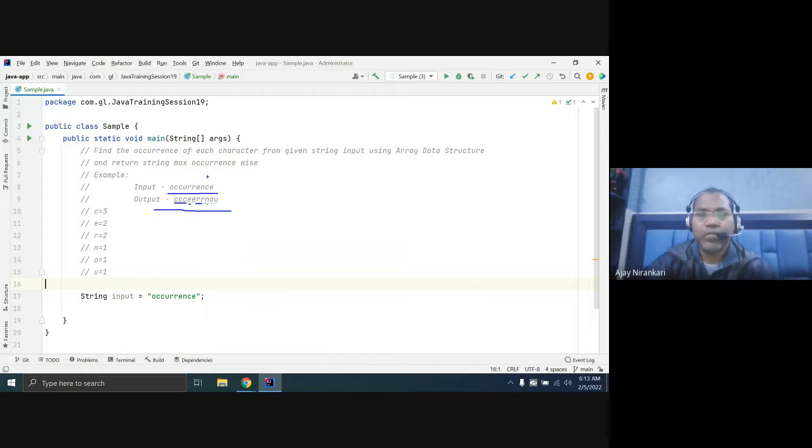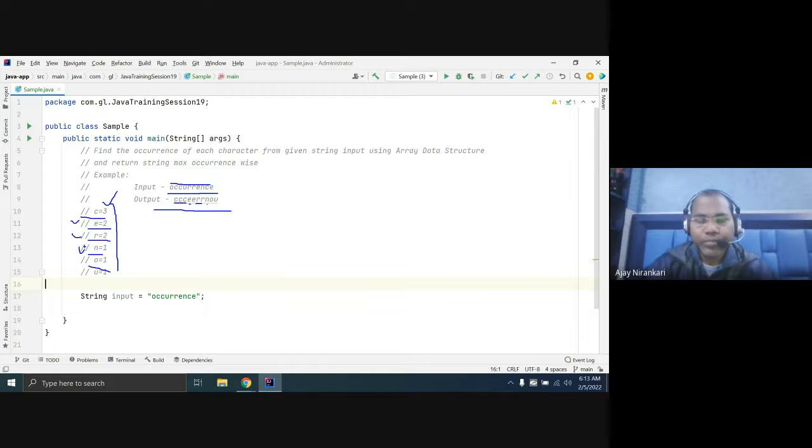For example, if we find the occurrence of each character, it might be C, E, R, N, O, U, but we want our output to have all the characters with the max occurrence come first, then next, then next, then next.